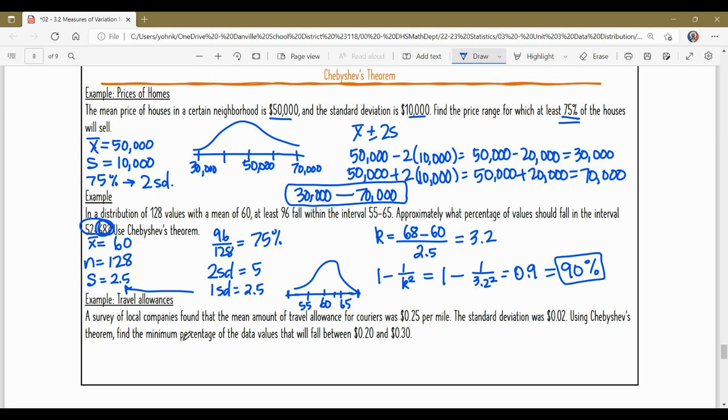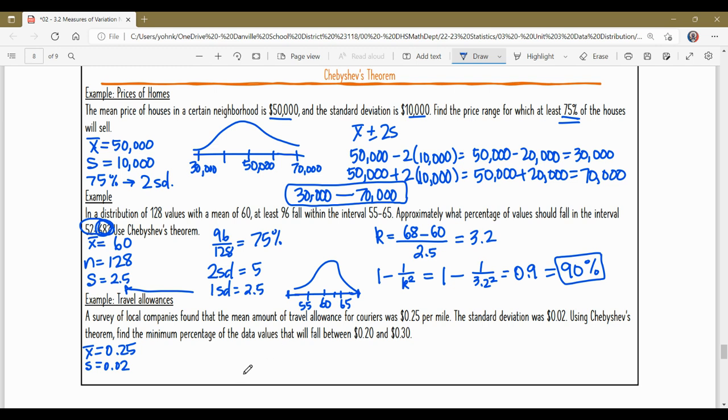All right, the last one. A survey of local companies found that the mean amount of travel allowance for couriers was 25 cents a mile. So X bar is 0.25. The standard deviation was 2 cents, so S equals 0.02. Using Chebyshev's theorem, find the minimum percentage of the data values that will fall between 20